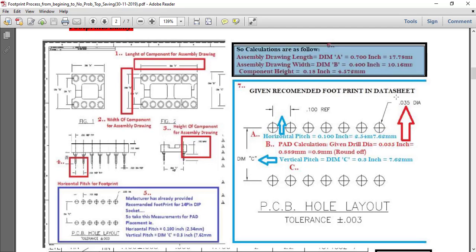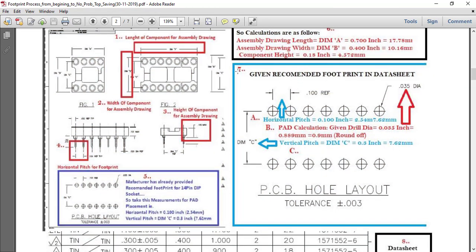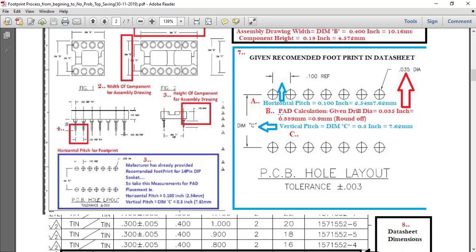Now the second one: we will go to the recommended land pattern. First we have to write the pitch. They have given 0.1 inch, which means 2.54 mm. This is the horizontal pitch. Now they have given the vertical pitch here, that is dimension C equals 7.62 mm.